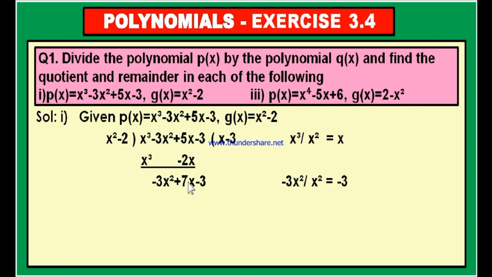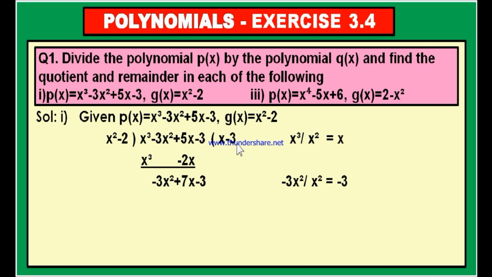What is the first term in the dividend? Minus 3x square. And what is the first term of the divisor? x square. Therefore, let us divide minus 3x square by x square, so that x square and x square will be cancelled and you may have minus 3. Therefore, write this minus 3 in the place of quotient and multiply all the terms of the divisor with this